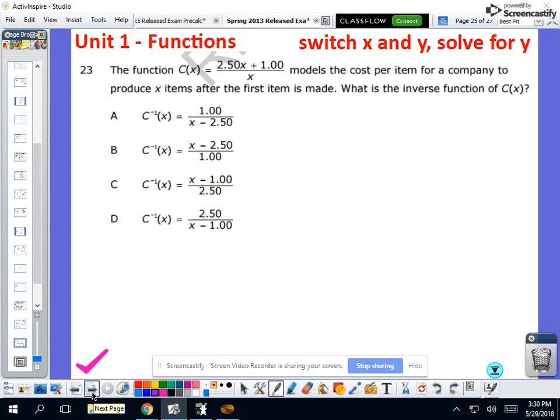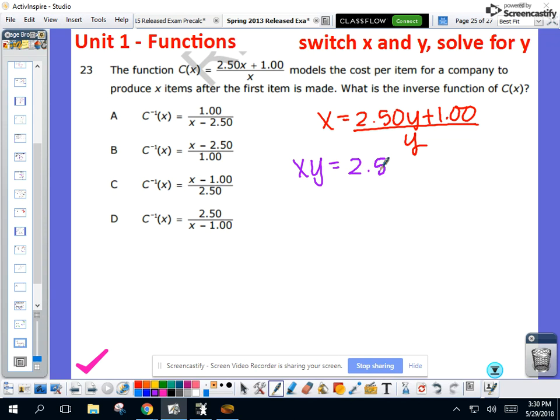Number 23 is also an inverse problem. They just kind of snuck it into a word problem. This is an inverse of a rational equation, so you're going to switch x and y and solve for y. x equals 250y plus 1 over y. Multiply both sides by the denominator. xy is equal to